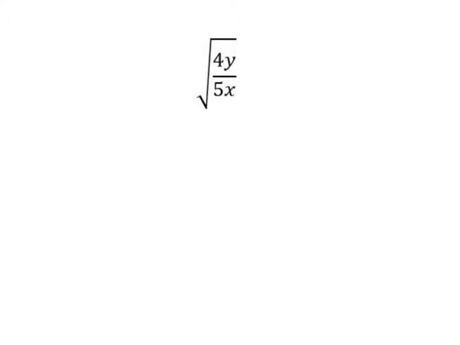I have one more of these. I thought it would be good to do one that has some variables in it because it does that to you on your homework. The thing with the variables is that you wouldn't want something like a square root of x. What you want is for this to be a perfect square. What I'd like is a square root of x squared, because a square and a square root can cancel each other out, and that would just get me an x. So that's how we're going to deal